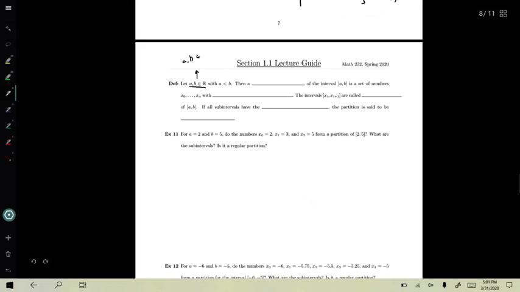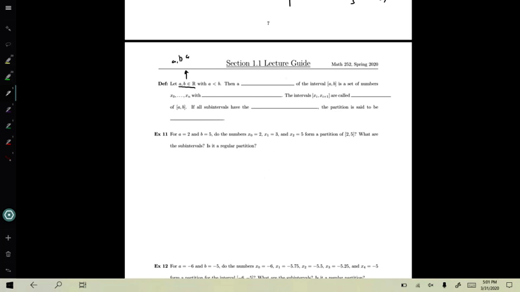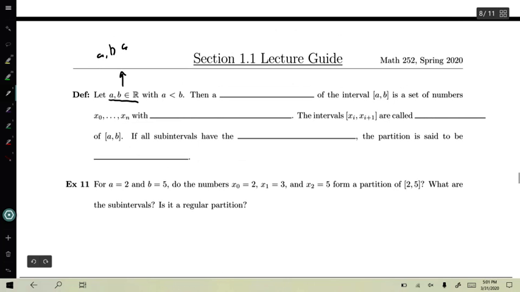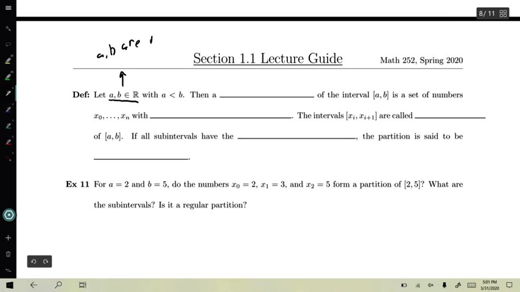It's just a shorter way of writing it, so we don't have to write let a and b be real numbers every single time, with a less than b. So a and b here are exactly the thing you think that they were based on our previous work. Then we're going to say that a partition